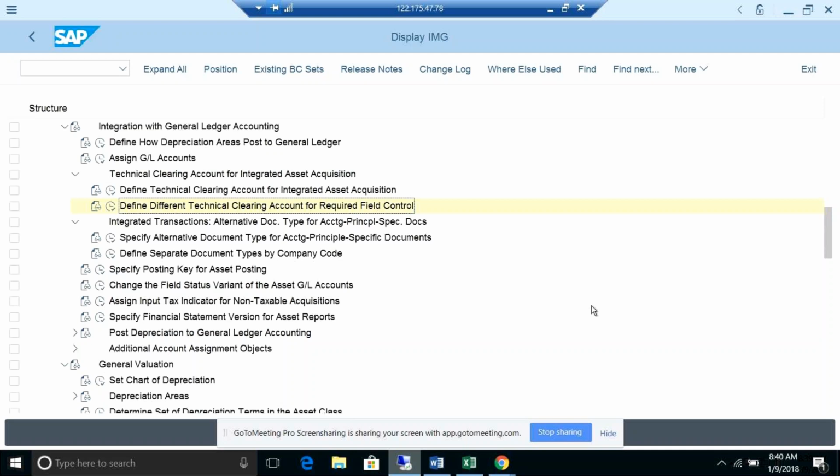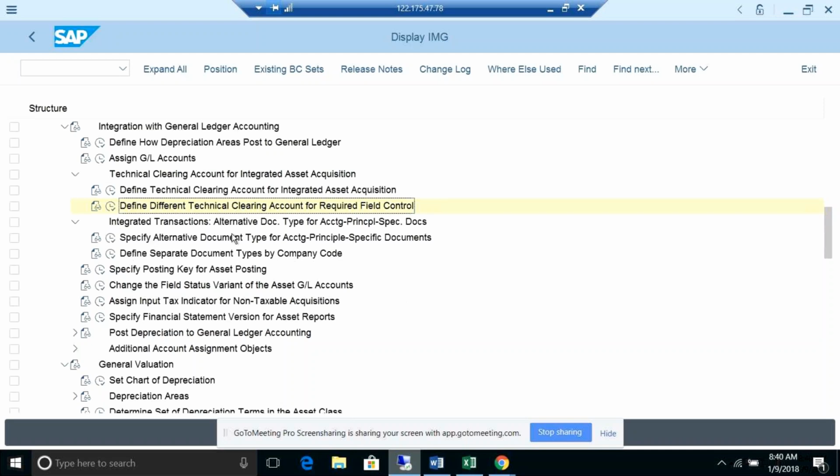In the future, if you want to add one more accounting principle, two documents will be generated at the valuation level. One document is for IFRS, one document is for LG. In case you have only one depreciation area and one accounting principle, you will have only one document generated. That is the only difference you can see. But it is mandatory anyway. Okay. So those things we will see. Let's complete the configuration, then we will see the front end things also.